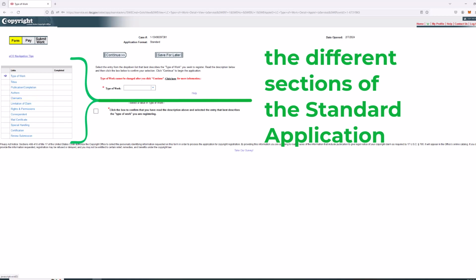Sometimes the claimant and the authors are the same, but that doesn't have to be the case. Then we'll do the limitation section. The limitation section will only be applicable if you're trying to exclude non-protectable content from the copyright registration claim. The rights and permission section is where you'll enter the person's contact information for a potential licensee who they